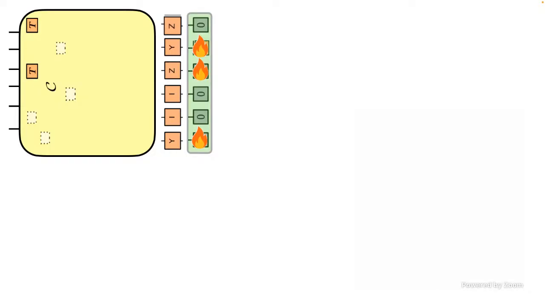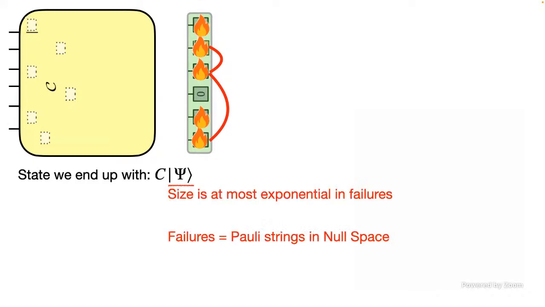Well, I'm in trouble, but actually there's a very nice property of this. This is alpha I plus beta this. And this here is going to make a mess of these 3 consumed qubits, but it's not going to touch the zeros that are sitting. So it's going to entangle these 3 qubits that are on fire if I just absorb it into my state. And I have an entangled fire. But these zeros are still useful untouched resources that I can use in the future. So this is kind of a failure on that one string. But okay, and then I can pull out the next 2 T gates and maybe they consume other zeros.